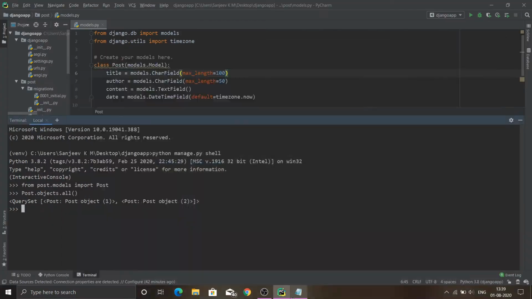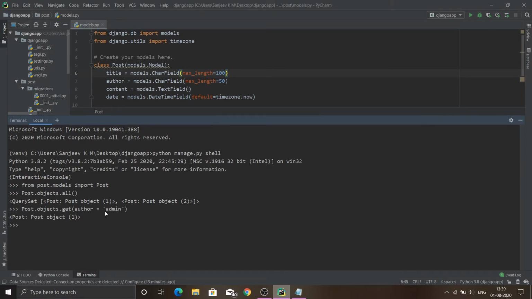So let me show you. The field name can be of any type, as I said already. You could also give an author field to it. So let me give author, and I need to get a post from the admin author.